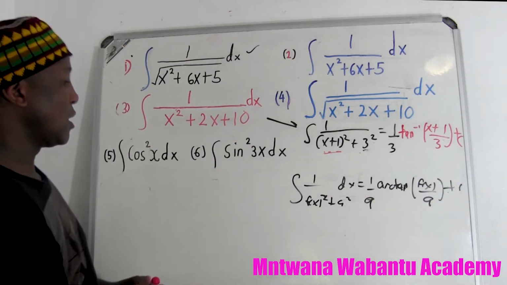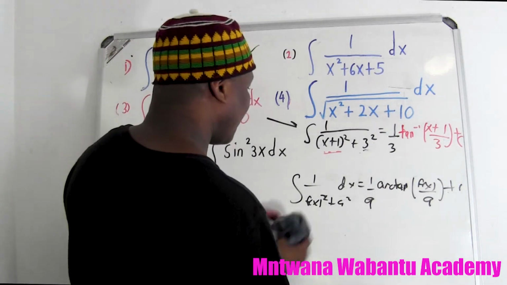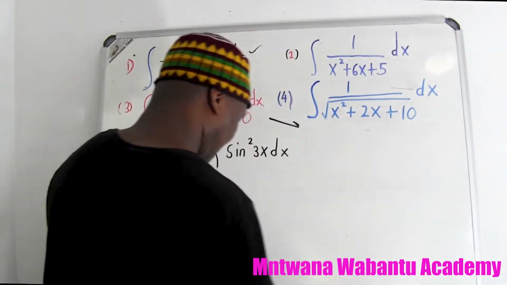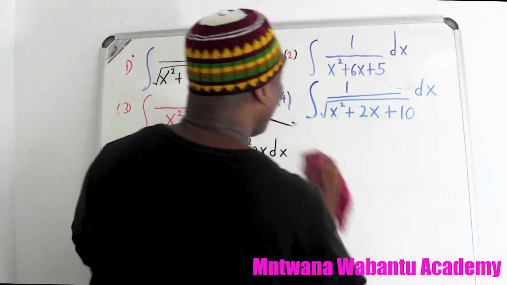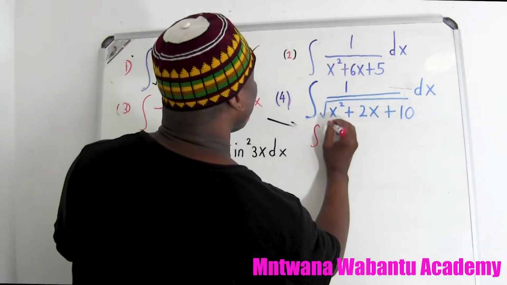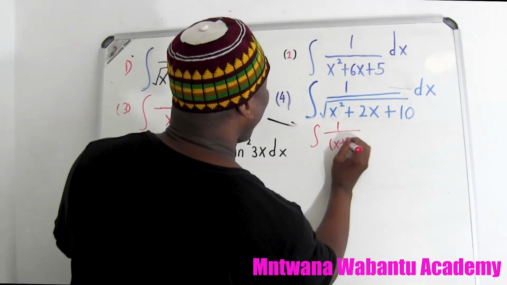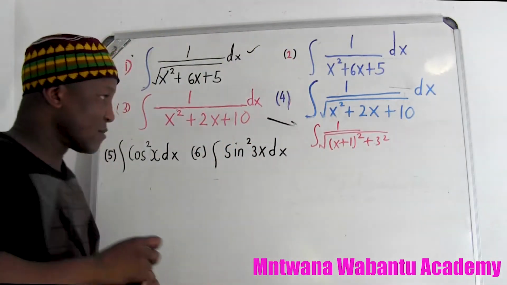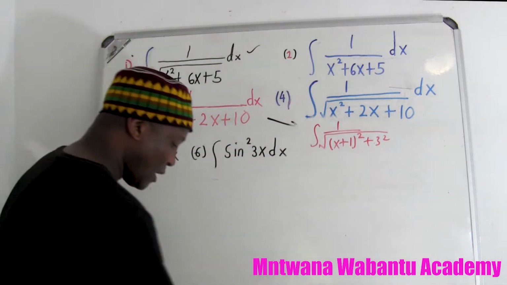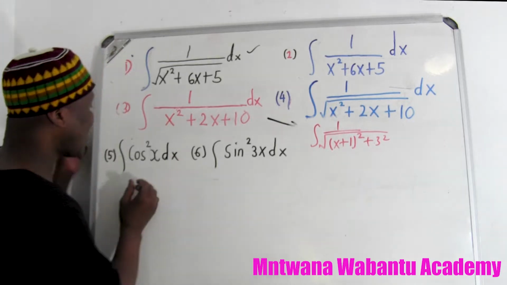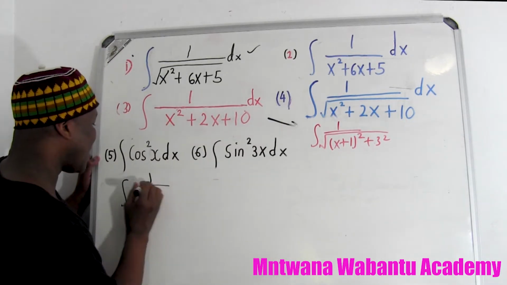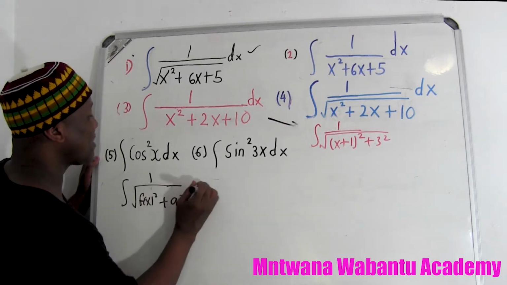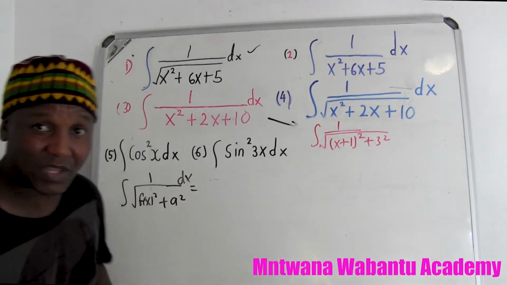So question number 4, I think I explained that. First and foremost, we must complete the square. Completing the square means it's going to be 1 over a root of x plus 1 squared plus 3 squared. Now I'm going to state something: if you have an integral of 1 over the root of f of x squared plus a squared dx, everything with respect to x,